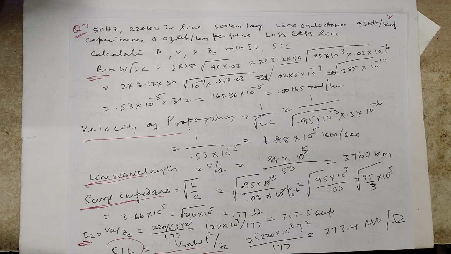Source impedance loading is the power transmitted when the line is terminated to a purely resistive load equal to source impedance. Source impedance loading is calculated as VL squared by Zs, where VL is the line to line voltage at load, Zs is the source impedance of the line. This is the problem number 3, related to